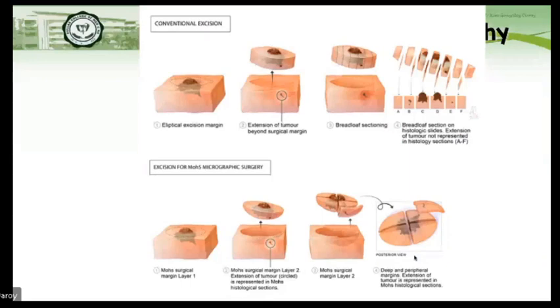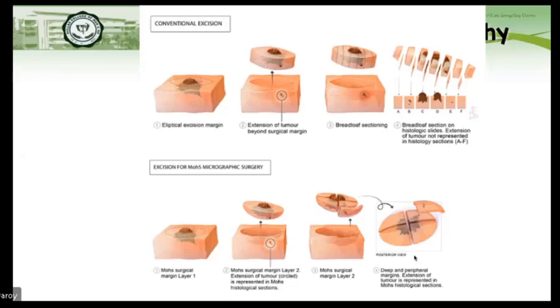So this slide shows us the difference between a conventional excision and Mohs micrographic surgery. In conventional surgery or excision, we usually do an elliptical excision with a margin of normal tissue around the tumor, and in the pathology laboratory, the pathologists do bread loaf slicing, and the sectioning will show them on the slides where the tumor is. Sometimes conventional excision and bread loafing will miss areas of retained tumor, whereas in comparison, your